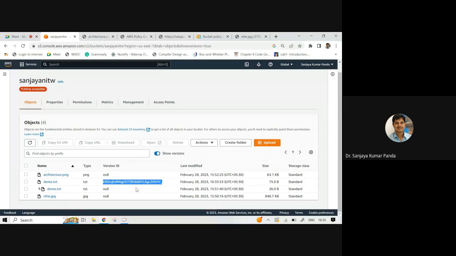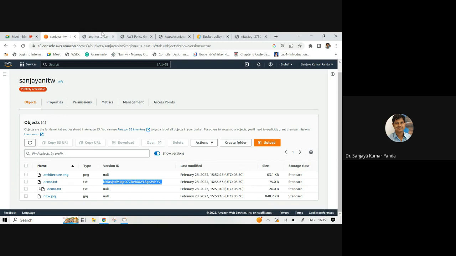But if you want to add a new feature or a new module, we call that version 2.0. So for minor changes, you change the digit after the dot; for major changes, the digit before the dot, right? Here, the version ID is null because it is before versioning. After versioning you will get a version ID.